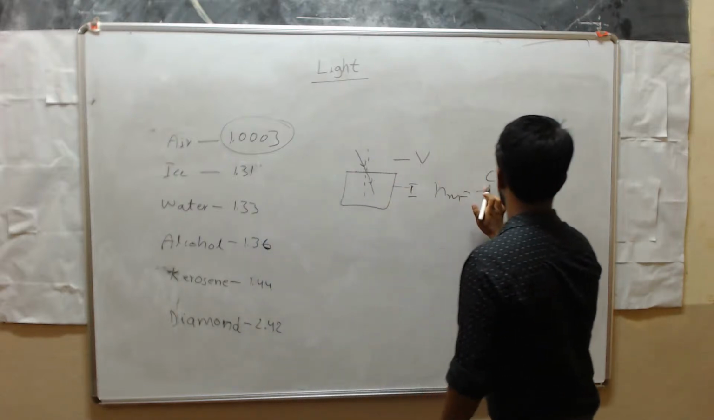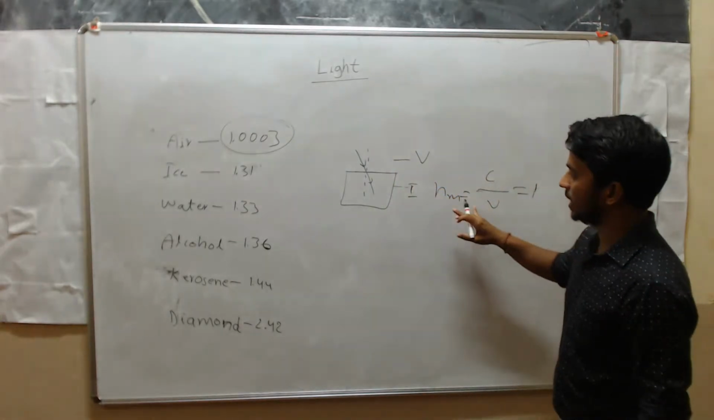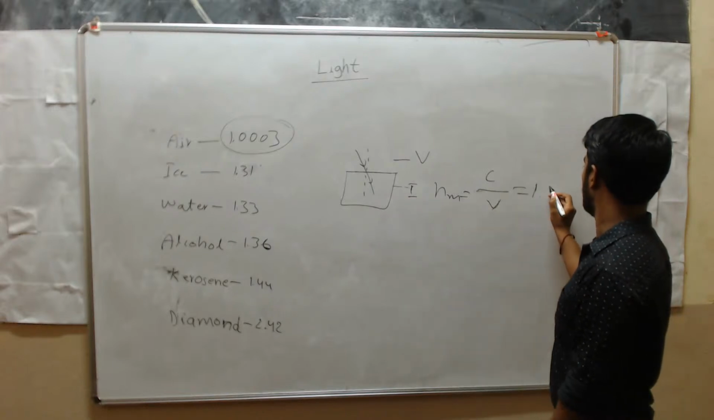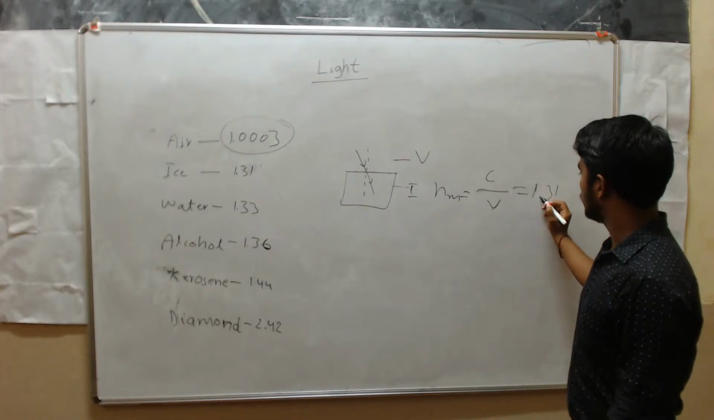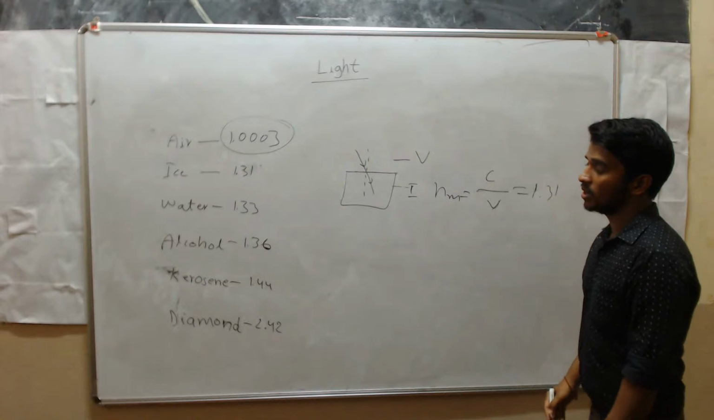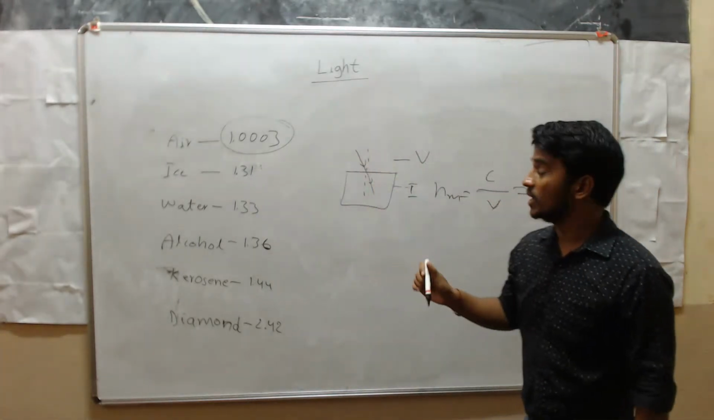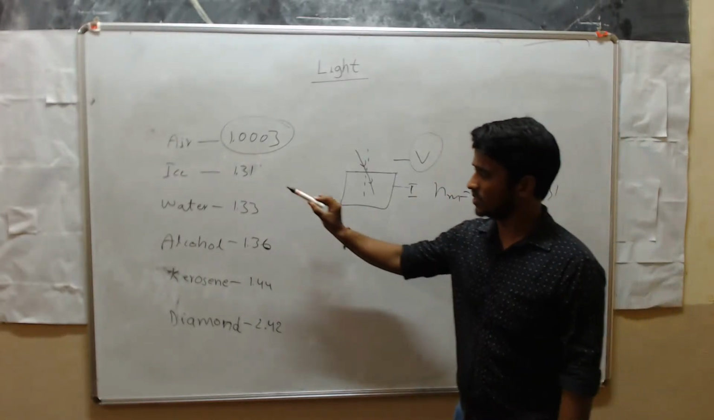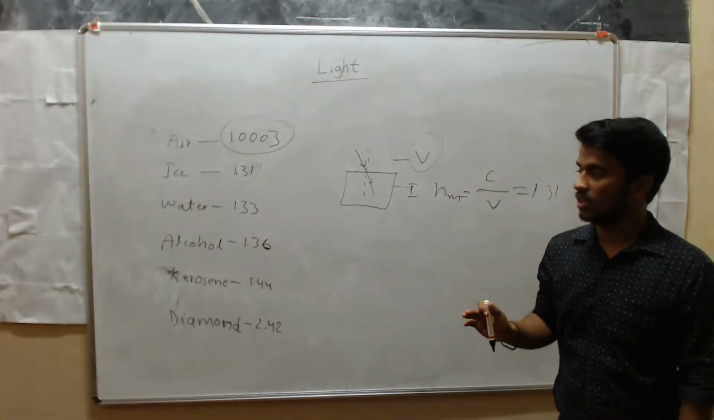So now we're taking the ratio of the speed of light in vacuum divided by the speed of light in ice. Here v means the speed of light in ice. So here we got the answer 1.31. This 1.3 is the absolute refractive index of ice with respect to vacuum. It means the speed of light is 1.3 times slower than the speed of light in vacuum. Clear? It is very simple. 1.3 times slower. The speed of light decreases. Okay. Next,